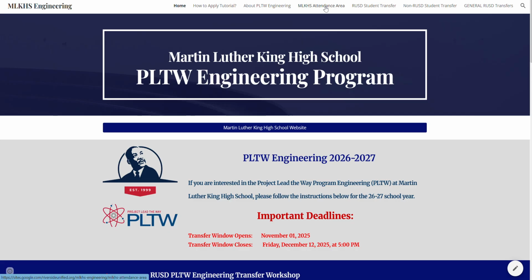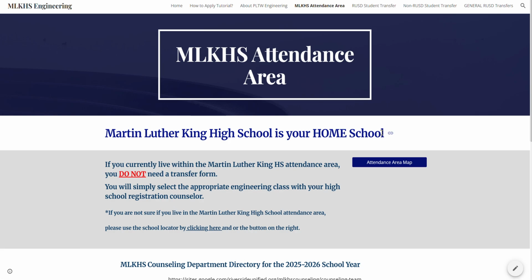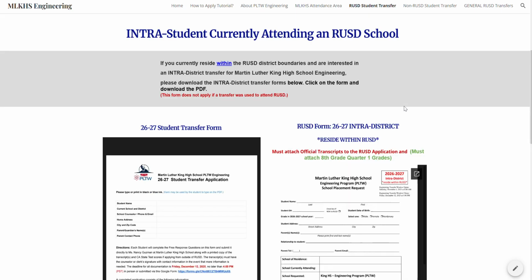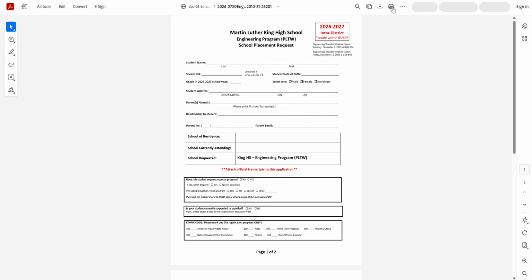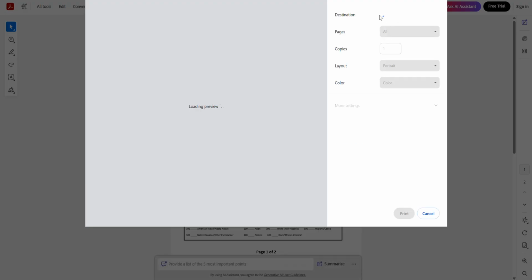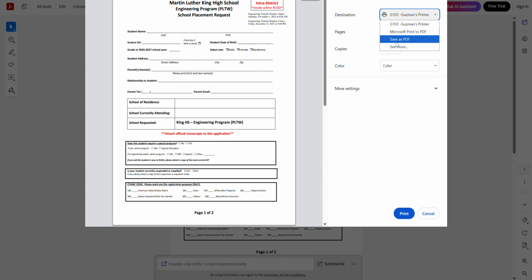Let me just mention one last thing. Right here in the applications, heading to this one, and this is true of all the applications. These are all PDFs, which means that all you would have to do is download the PDF so that you could gain access to it. Okay. Or another option is to print them and create a PDF when you print. So notice when you print it, you could easily go and create a PDF. Okay, so notice my internet is not that great, so I will pause this and, oh, there it is. Okay, so notice I would save it as a PDF so that I could complete the form.